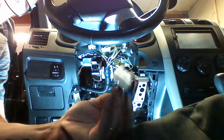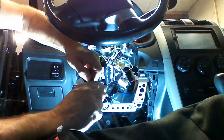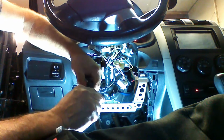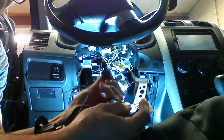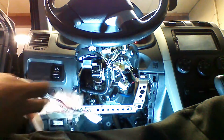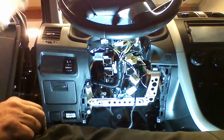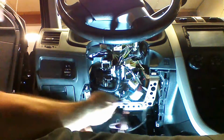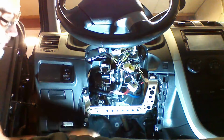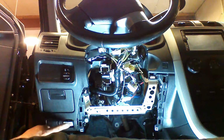We're going to locate our immobilizer plug on our T-harness. We're going to unplug the vehicle's immobilizer plug from the ring. Going to plug our T-harness immobilizer plug into the ring. We're going to plug the vehicle's immobilizer plug into the T-harness. And we're going to reinstall the ring around the ignition. With our ring installed, we're going to drop the rest of the T-harness down over this bar. And we're going to move on to mounting our diagnostic plug